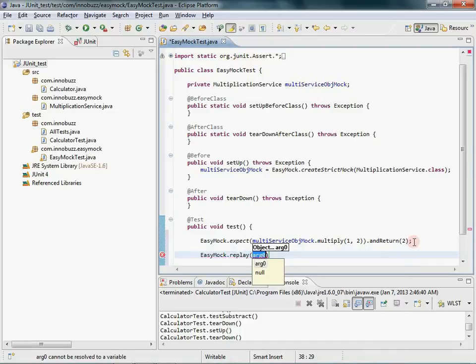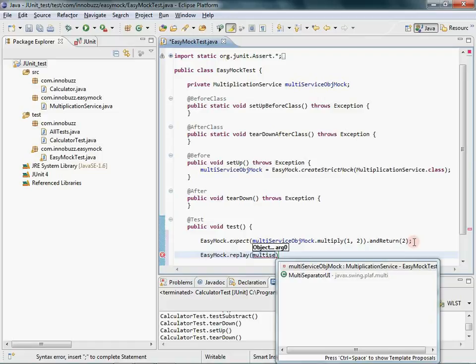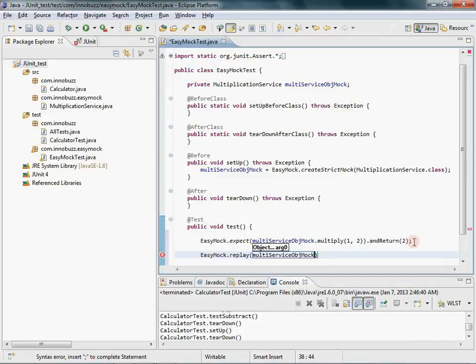Replay will play back all the recording done in your expect lifecycle method. So by doing this, it will set up the mock object and it will start